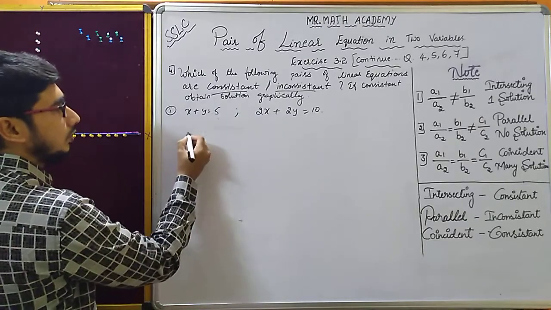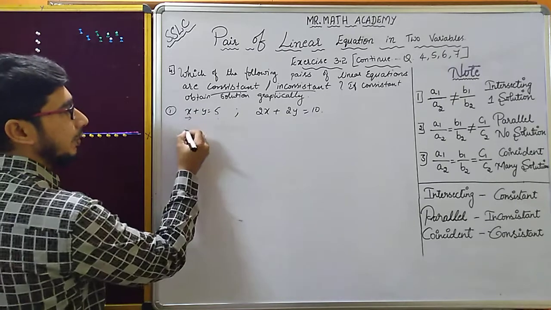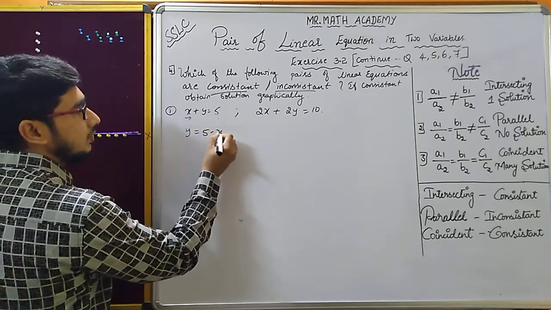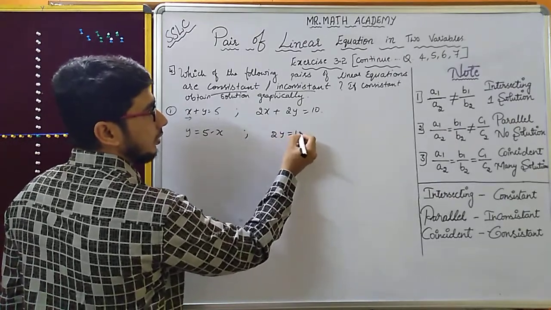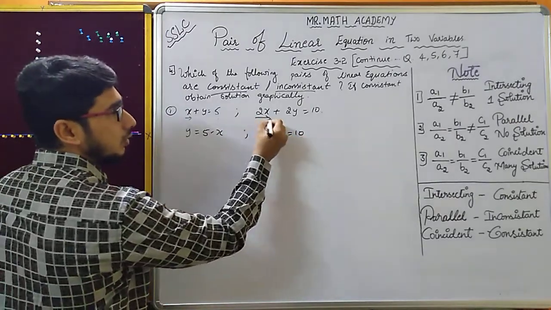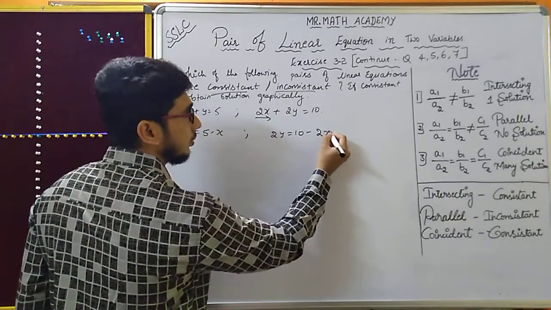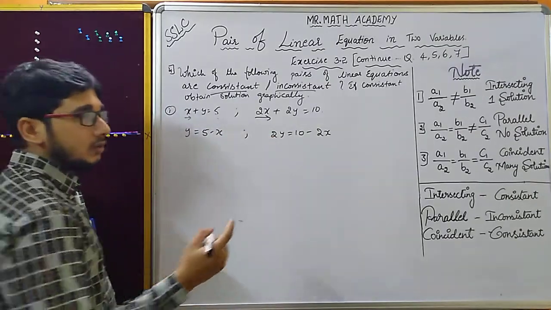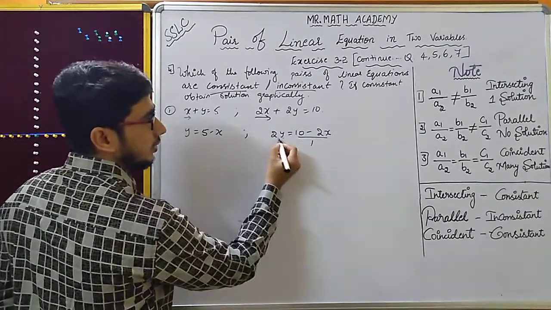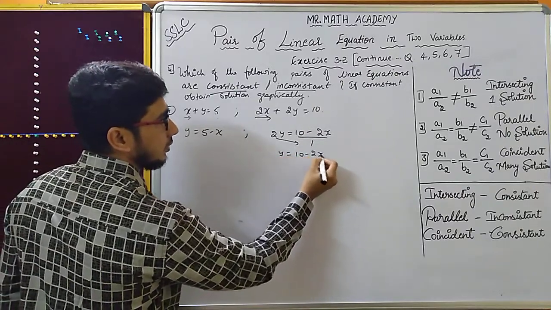Okay, so y let it be here, send x to the RHS, it will become y is equal to 5 minus x. This will become 2y, let it be here only, is equal to 10, also there only, 2x, send it to the RHS, it will become minus 2x. Now whatever is together with the variable, cross multiply to the denominator, nothing means 1 will be there. So y is equal to (10 minus 2x) by 2.